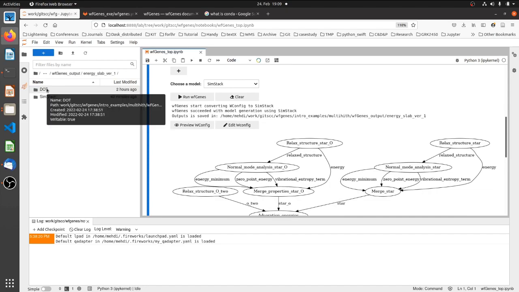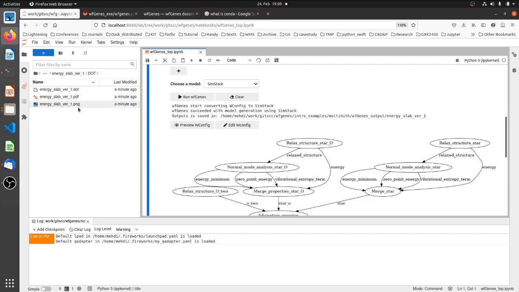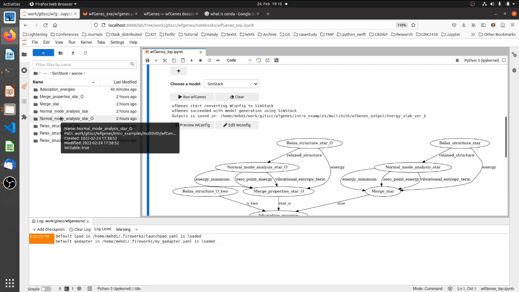There is a dot folder which is the graphs, and that can be used for presentation or publication, or also a SimStack folder which contains the necessary files of the vanos and the whole workflow, and even a template of the resource configuration. As you can see, this example has 9 vanos, workflow active nodes,